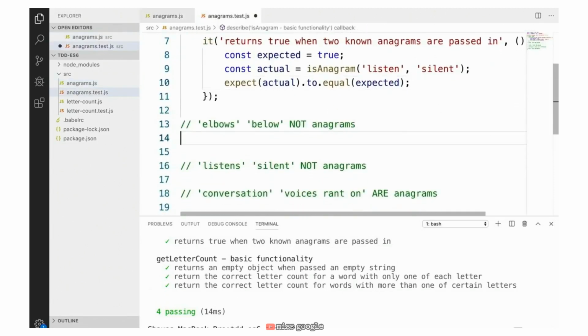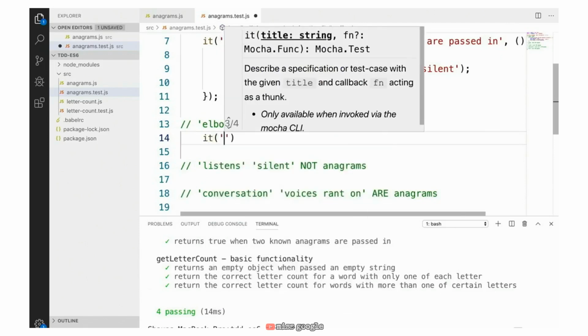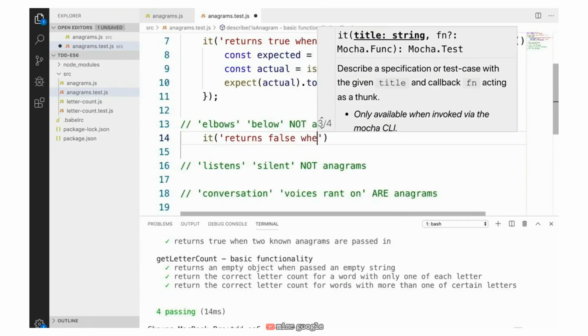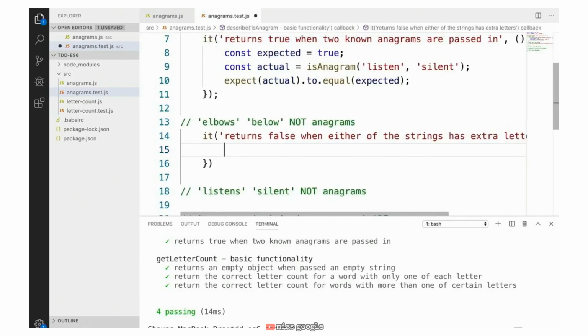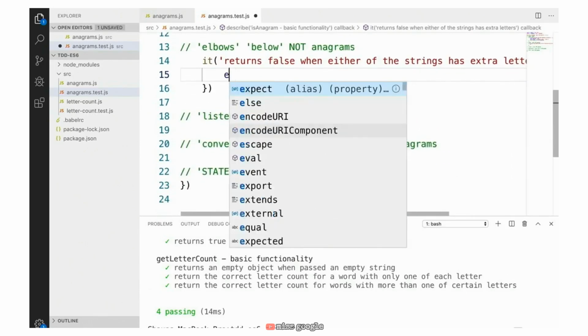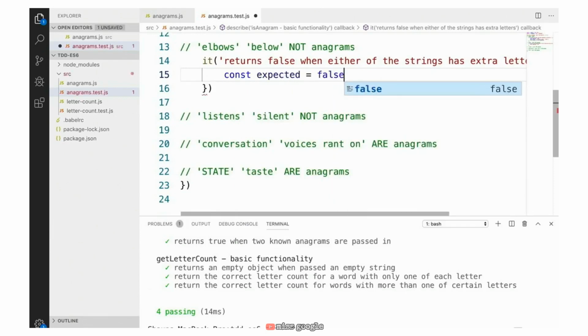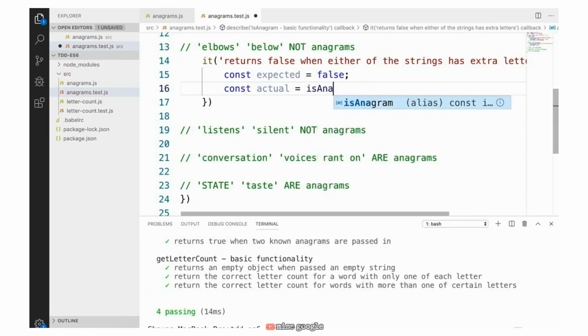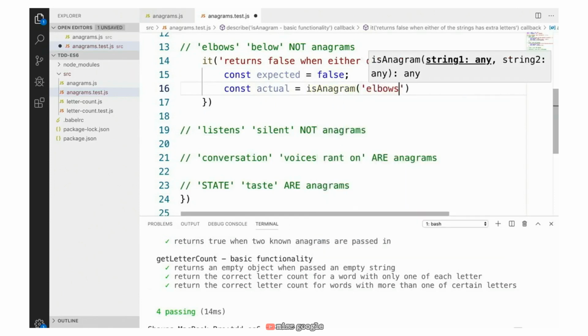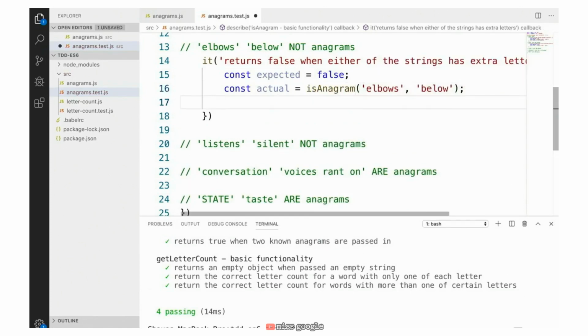The next thing we want to check for is whether or not our isAnagram function will return false if either of the strings has extra letters. So we're going to write another test here, and we're going to say it returns false when either of the strings has extra letters. For the body of this function, const expected is going to be false, and const actual is going to be equal to our isAnagram function called on elbows, which has an extra letter here, an extra s, and below. And finally, we're going to check if our actual value is equal to our expected value. So we're going to say expect